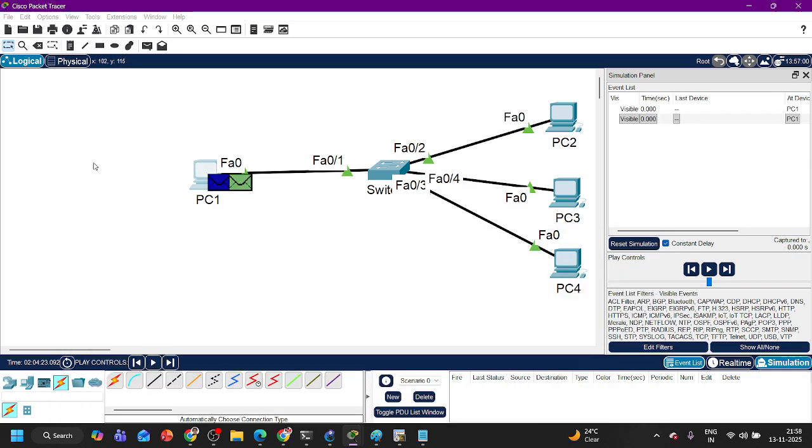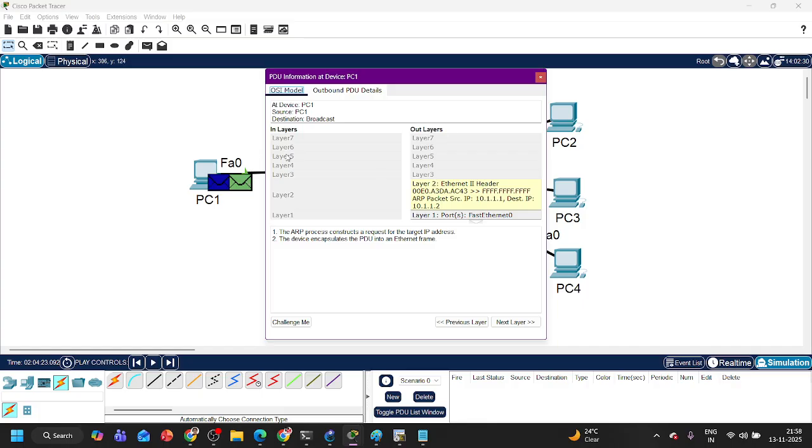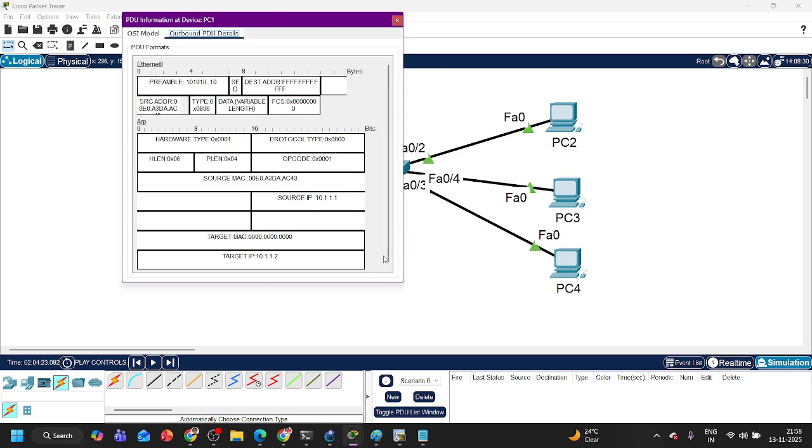Now you can see PC1 has generated how many messages? 2 messages. One is ICMP and one is ARP request message. In the ARP request message you can see source MAC is the MAC address of PC1, destination MAC is broadcast, source IP address 10.1, destination IP address 10.2. If you want to check information in detail, you can check outbound